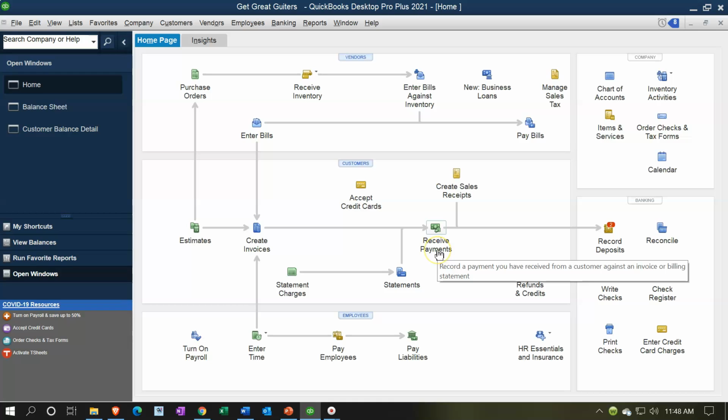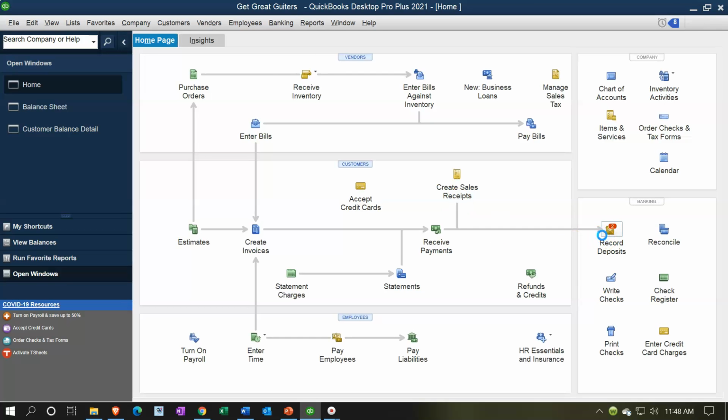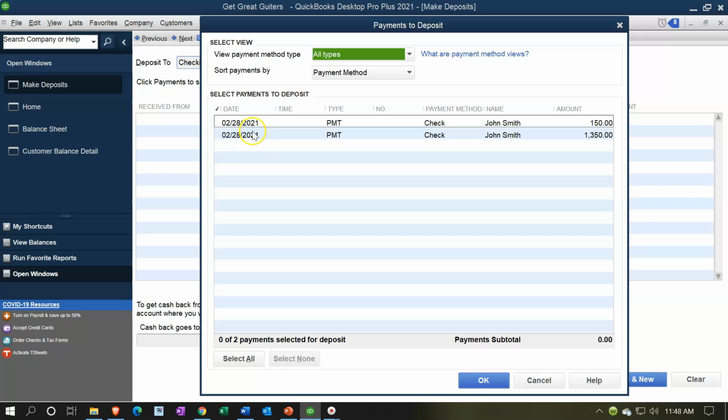Notice also, if we go back to the home page, that once we receive the payment, of course, the next step is to record the deposit, meaning we're actually going to record it in the checking account in our books. We want to do it in the same kind of grouping that it's going to be on the bank statement so that we can do the reconciliation properly. This number 2 represents that there are items in undeposited funds that were created from either the received payments or the create sales receipt. When you click on undeposited funds, those 2 items will show up in this little pop-up window, which you can check one by one. In so doing, you can group the deposits properly so that they will show up in your checking account in the grouped format rather than one by one individually. So closing this out,